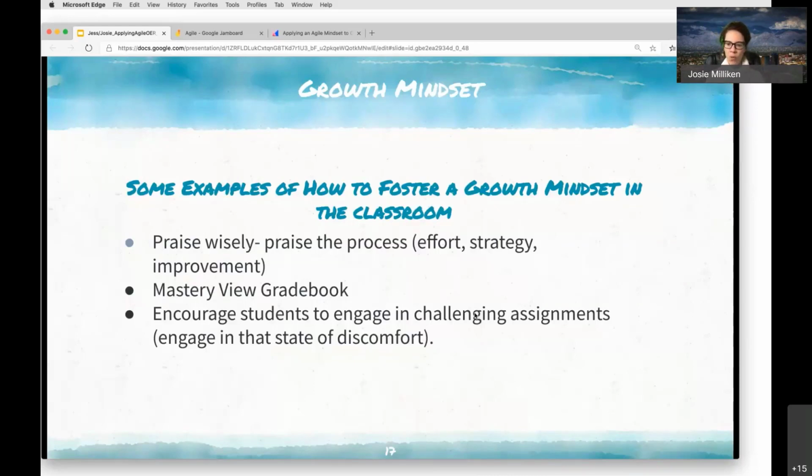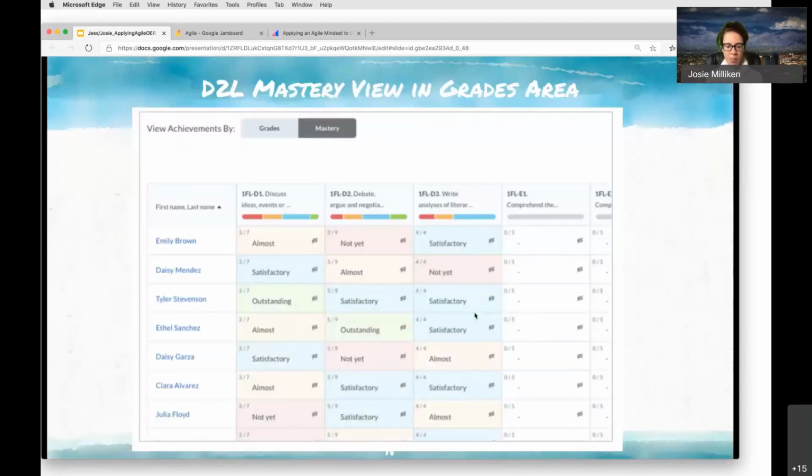And so we asked, what is D2L doing to facilitate a little bit more flexibility in content delivery and in classrooms? And they introduced something called the Mastery View Gradebook, which we were excited about. And this is what it looks like. We haven't been able to enable it in our system yet, but you'll see that the shift is to focus away from points to almost, not yet, satisfactory, outstanding, which are much more encouraging and holistic to focus on,